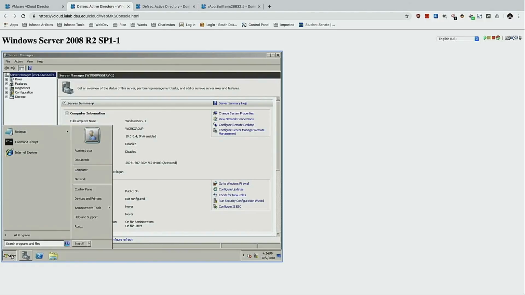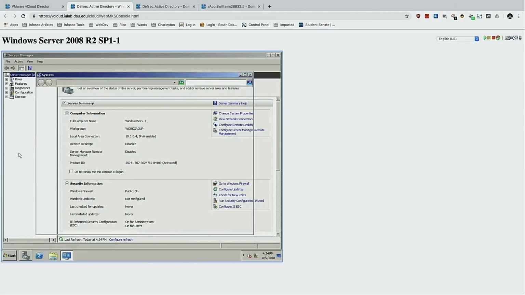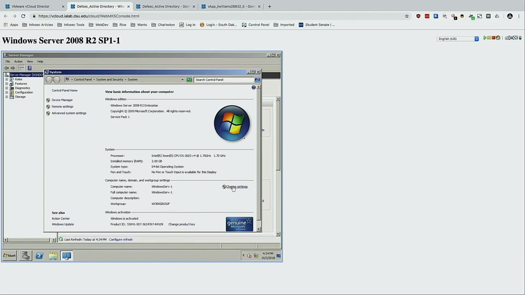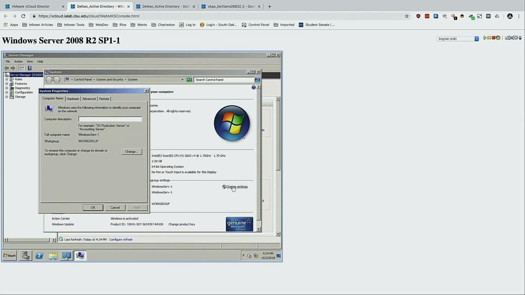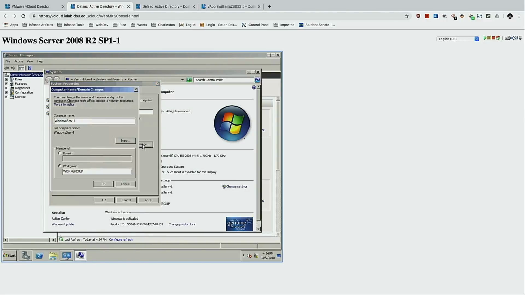I'm used to 2016. So system. We'll go to system for this, and then change settings. I hit start, typed in system, clicked on system. There's system configuration and other things, don't click on those. Then it's going to pull up system properties, and it's going to say to rename this computer, change its domain or workgroup, click change. Currently it's not associated with anything. Then we'll change this from a workgroup to a domain,